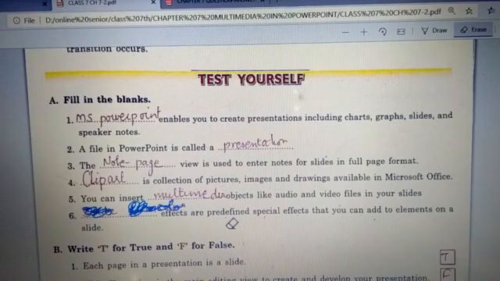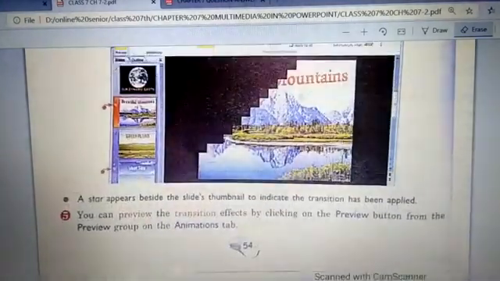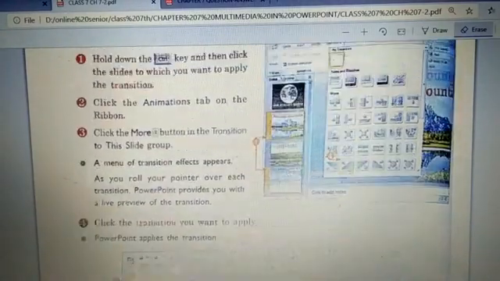Dash effects are predefined special effects that you can add to elements on the slide. So children, now there would be confusion that answer should be slide transition or slide animation. So children, you should know that slide transition effect is on the slide, not on the objects of the slide.